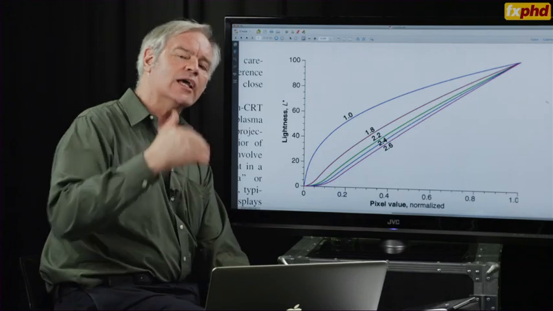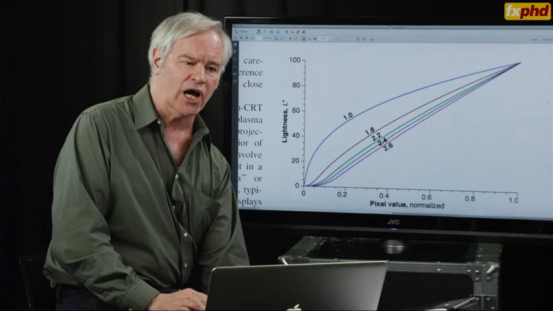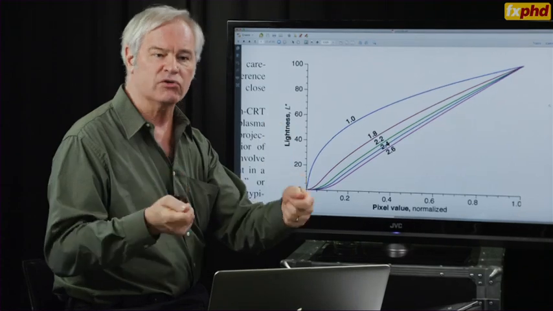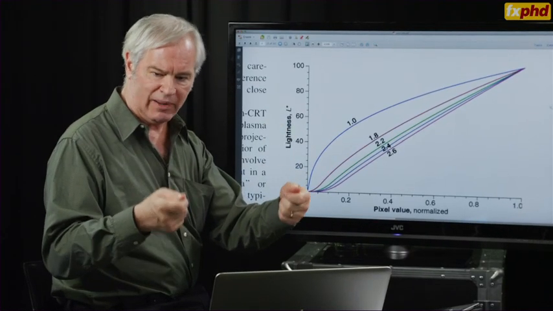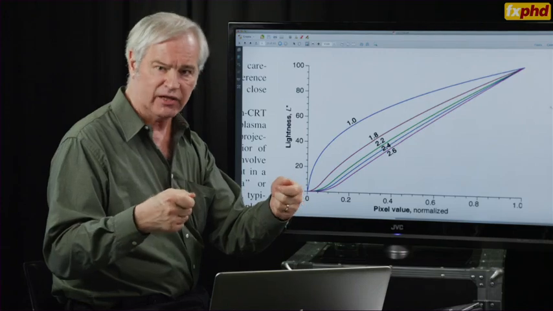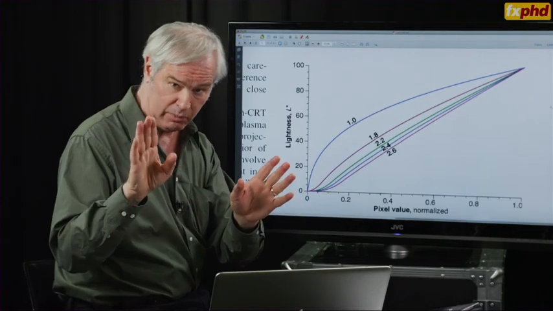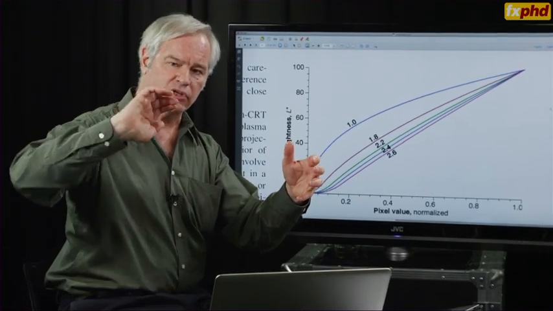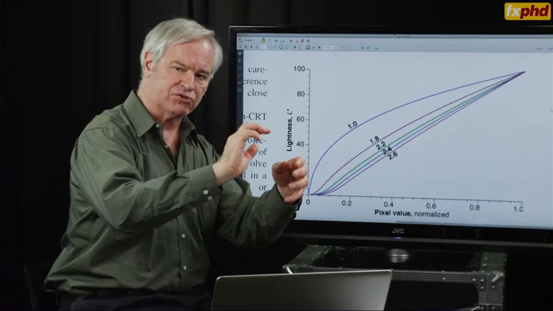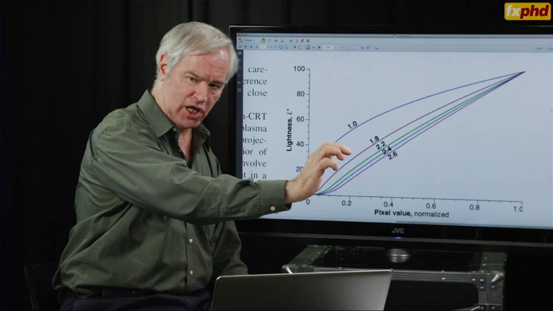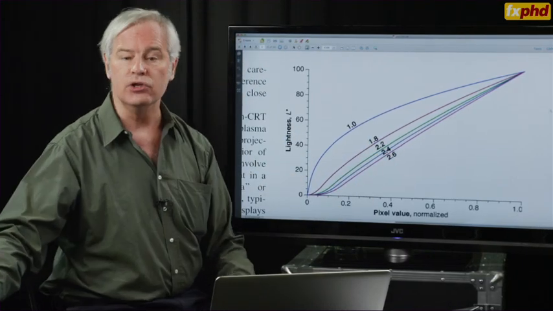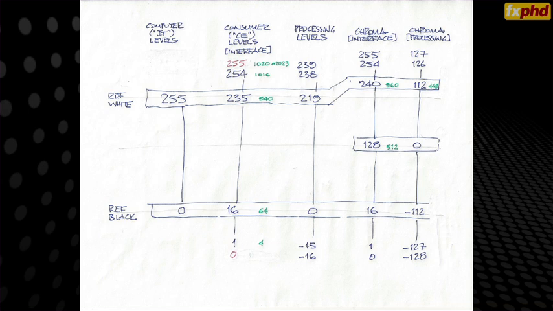Now, for really high-end work in VFX and CGI, it's useful to manipulate numbers as the photon count, the optical power, the scene-referred light values, whatever you want to call them. They go by different names. And that's completely reasonable, but what you then have to do is push this perceptual transform to the very back end of the chain, because when you launch out into the distribution channel, you need to be perceptually coded.